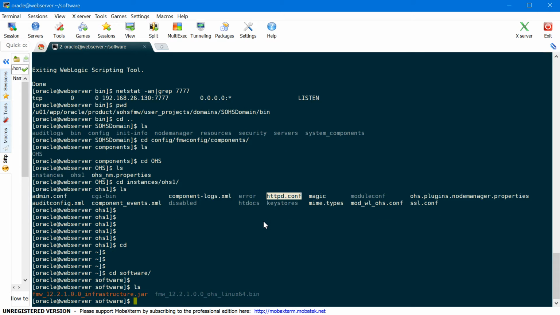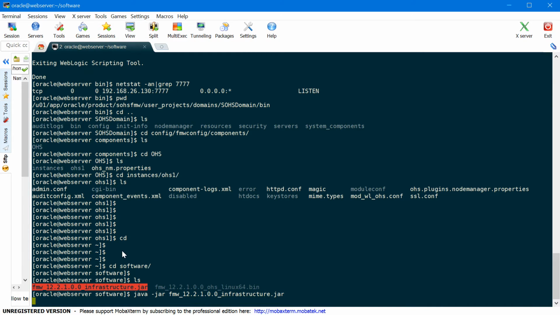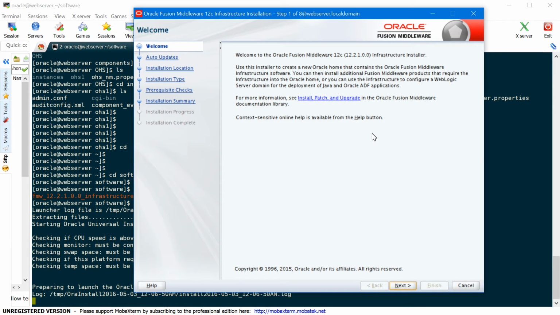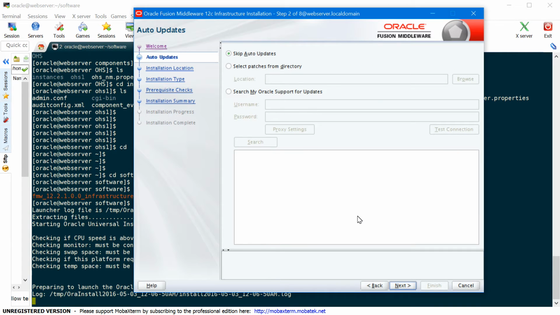So in my software directory, I have the infrastructure.jar file. Make sure your Java home is set and your Java executable is added in the path. And then execute java -jar and then your infrastructure.jar file. This is the infrastructure installation's welcome screen. Click next here, skip auto updates,